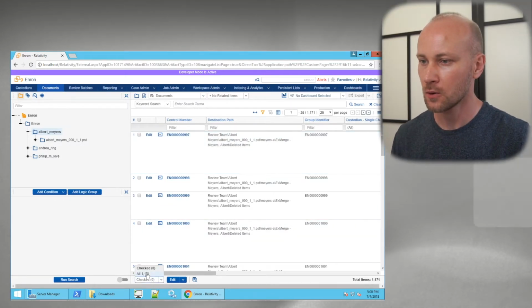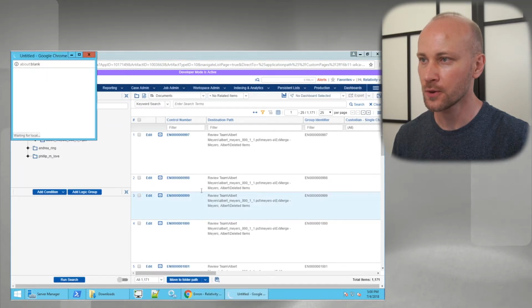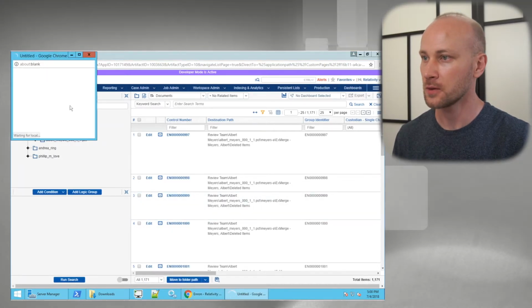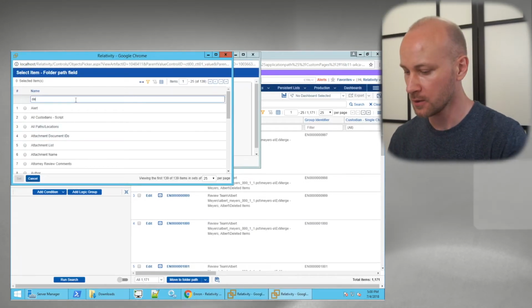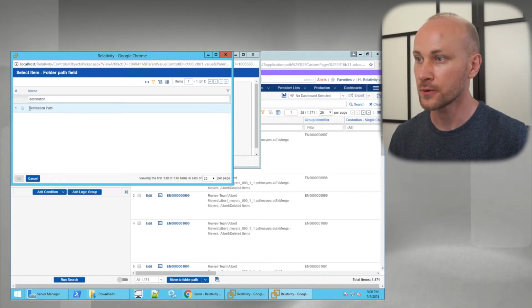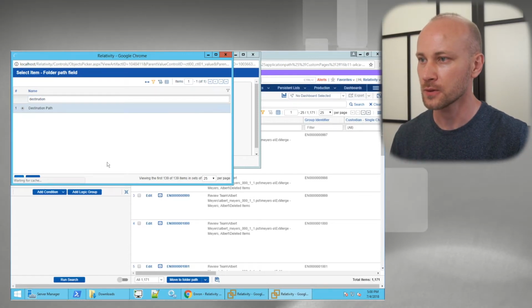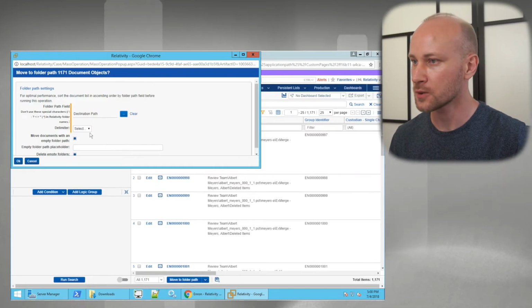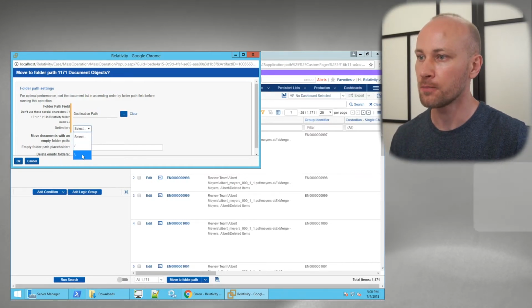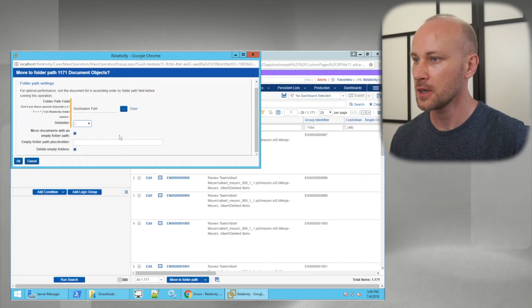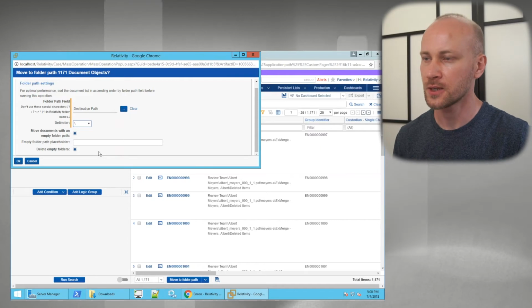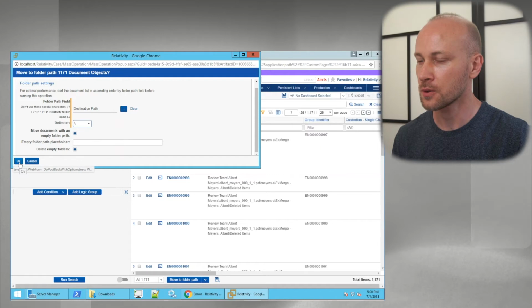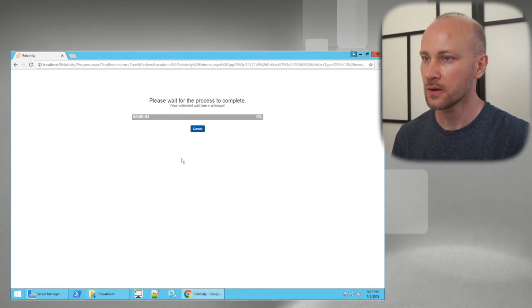So let's select all documents, say move to folder path, give it a second to load, and now we're going to say our folder field is our destination path. Going to click on set. Then we are going to select our delimiter, which will be a backslash. And then we can also choose some of the options, move documents with an empty path and delete empty folders. So that's up to you if you want to do that. I'm just going to leave that alone, and I'm going to click OK. And after a few seconds,